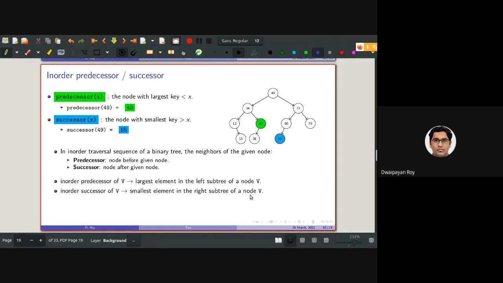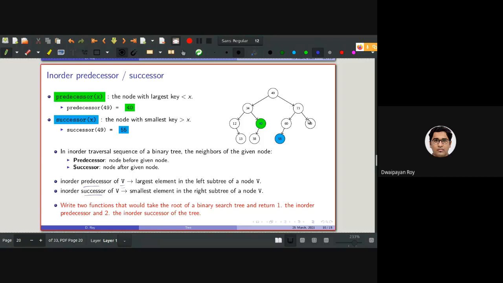All right. I would like to ask you to write two functions, in-order predecessor and in-order successor. Given the root node, you need to write two functions that will return the in-order predecessor and in-order successor of the node.